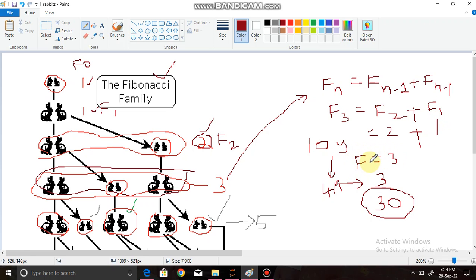Similarly, we can obtain after 30 iterations how many rabbits there will be at the end of 10 years, because 1 year has 3 times